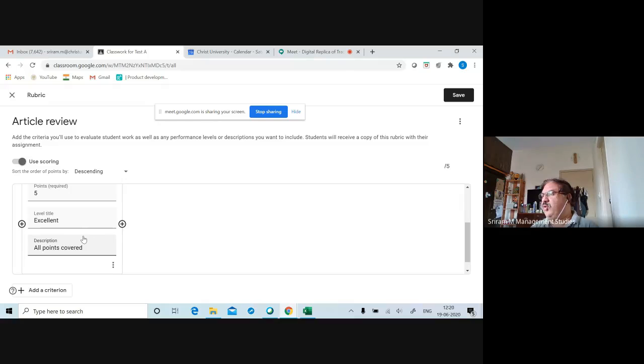There's also a particular website called Rubistar, if my memory is right, where you can find a lot of sample rubrics. I'm just giving you a very small example: all points covered in the particular assignment, or a minimum of 5 points covered. Like that, you can give rubrics. So this is for 5 points.